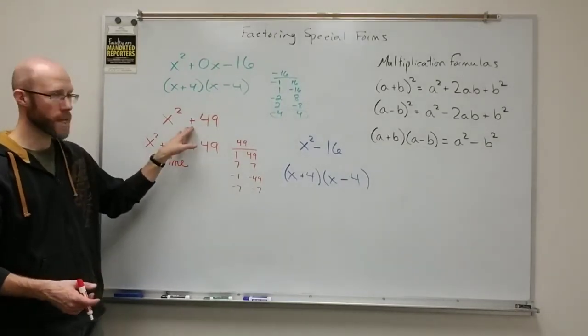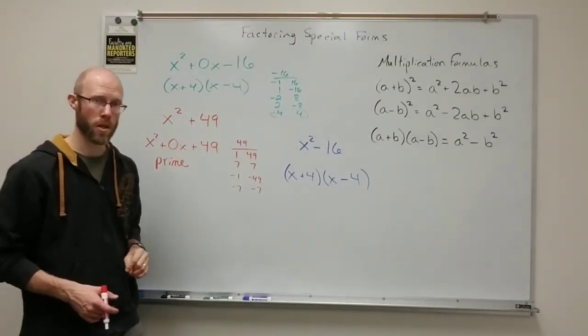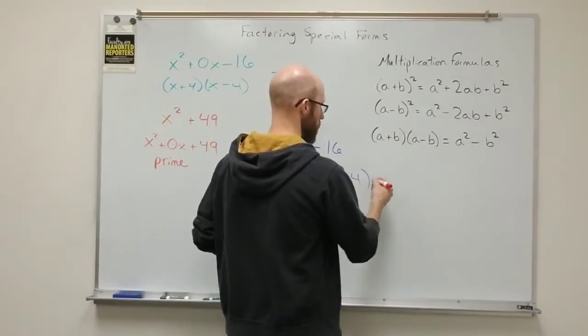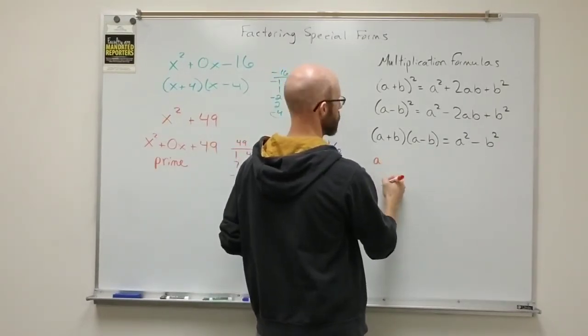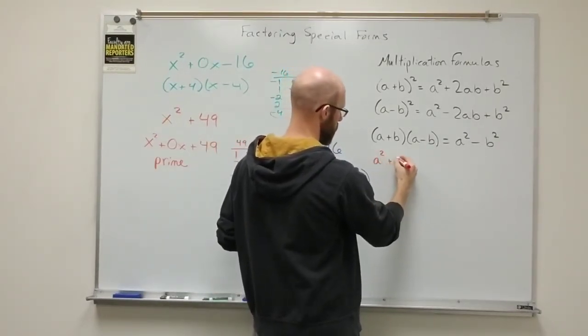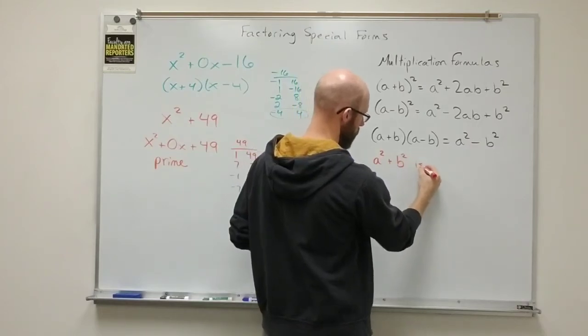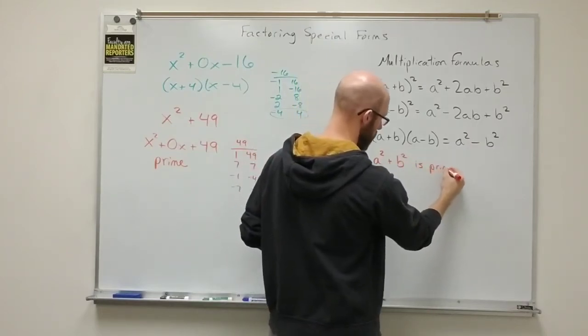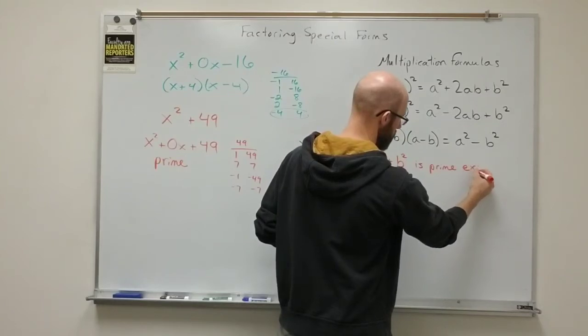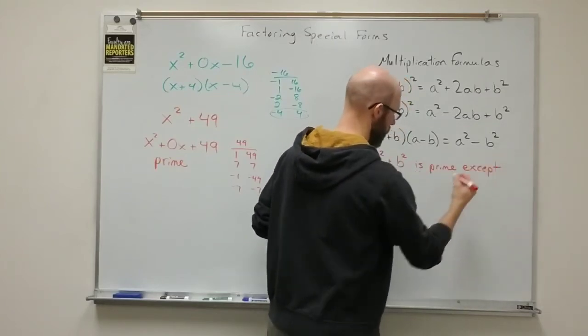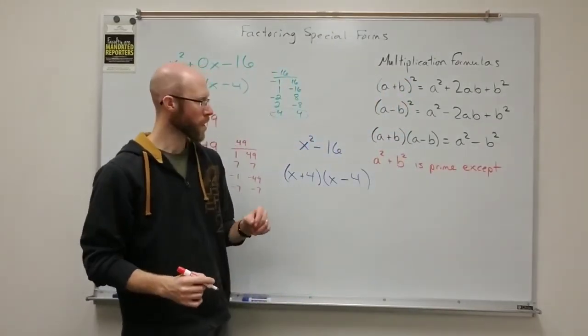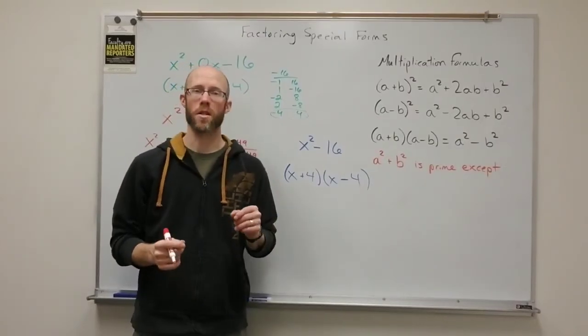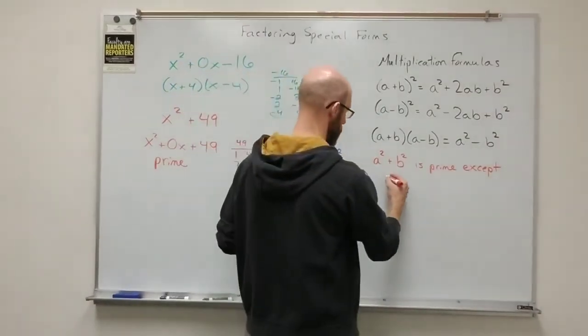And this will work for any sum with an exception I'll explain in just a moment. So I would say that as a fourth formula here, the sum of two squares is prime, except, and now I'll give you the exception,